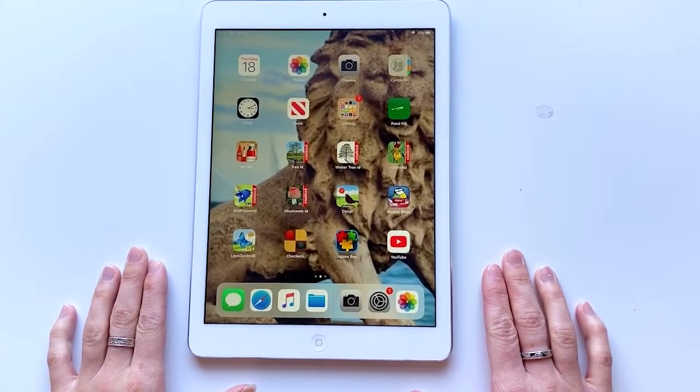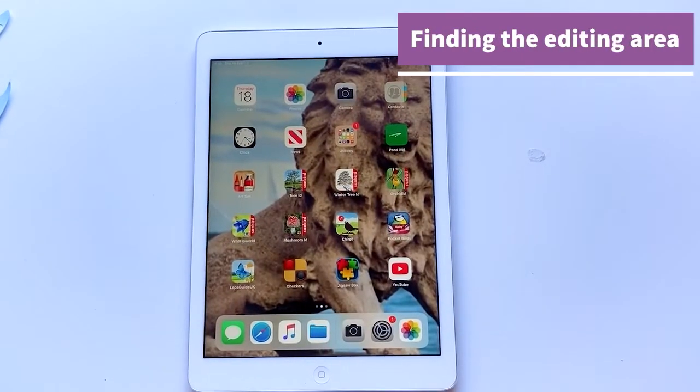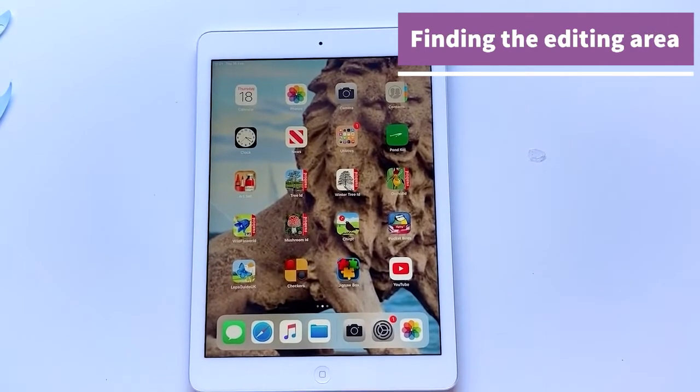My name's Trudie, and today we're going to be looking at how to edit photographs on the iPad. The first thing I'm going to show you is how to access the editing area. So there's two ways to do this. The first way is to use your camera